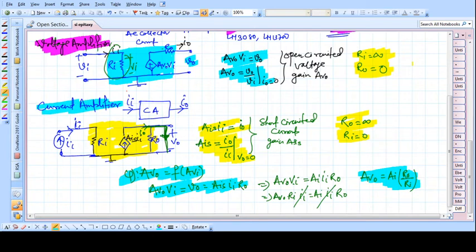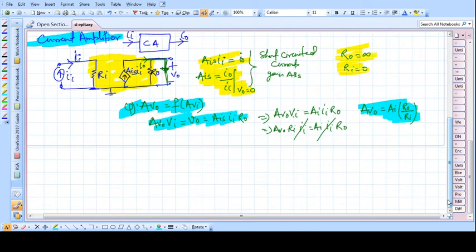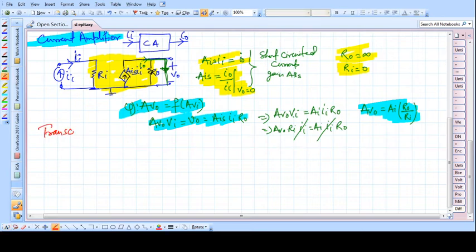So this one is a very simple one, the voltage amplifier, the current amplifier. Now we have to go next for the more different one, which we are not using most of the time. Most of the time we are busy with the voltage amplifier and current amplifier. So next we go for the third one, that is our transconductance amplifier. First I have to write the name: transconductance amplifier.